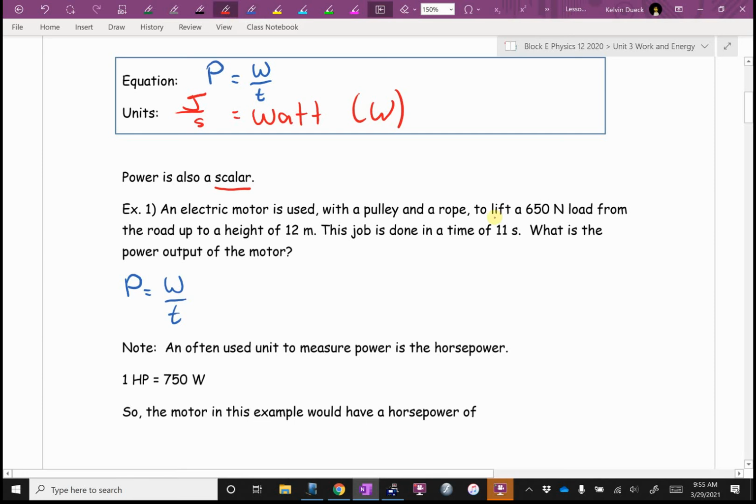Can everybody underline the word lift, please? And then you can draw a little arrow pointing to it. We said the work when you're lifting something, and if you want to, you could add this to your purple formula sheet, is mgh, because when you're lifting up, the force that you're resisting in your free body diagram is equal to mg, and the height is h. So, on the top of my equation, I'll have mgh over t.